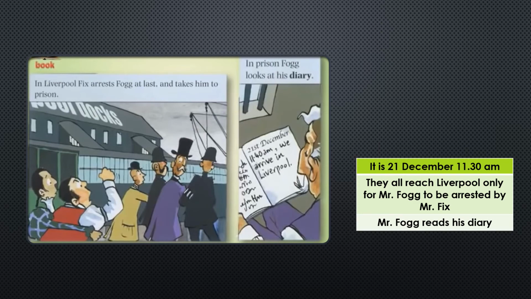In Liverpool, this is a chance for Mr. Fix to arrest Fogg, and at last he does so and takes him to prison. In prison, Mr. Fogg looks at the diary. The date is 21st of December, 11:40 a.m. They all arrive in Liverpool,